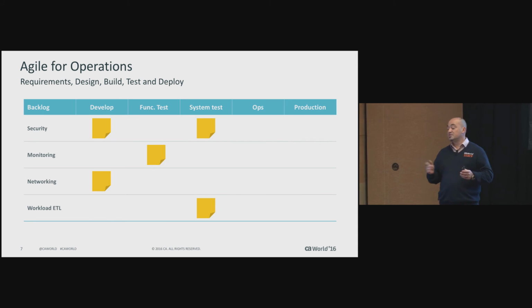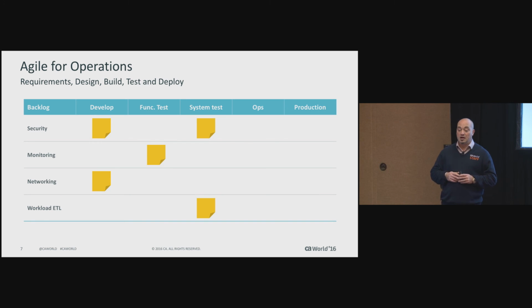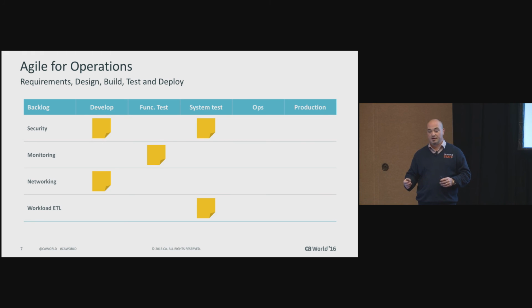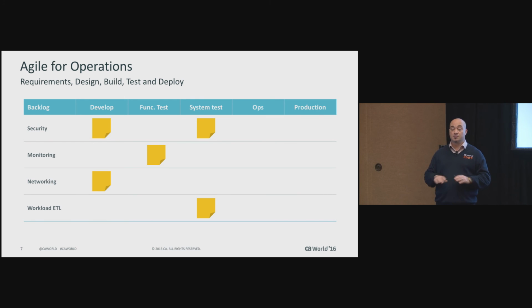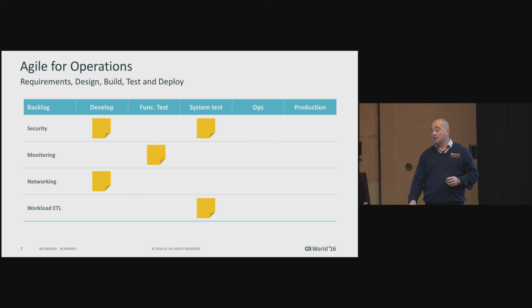And also things like updates to workload and job definitions and ETL jobs, for example, that support the application, but have traditionally been implemented by the operations side, right? So if we provide a continuous delivery service that can support everybody, then it's just another type of artifact. And that's what we really have to do, is